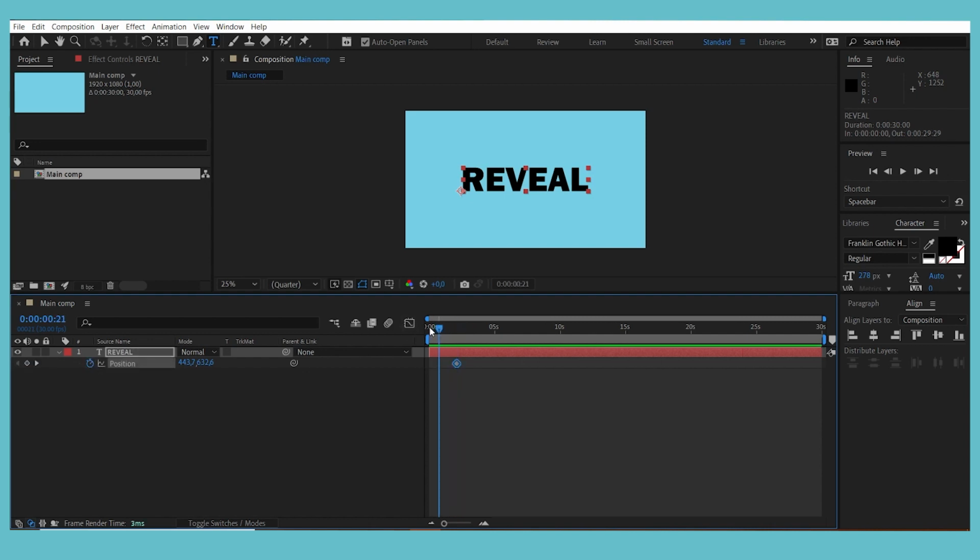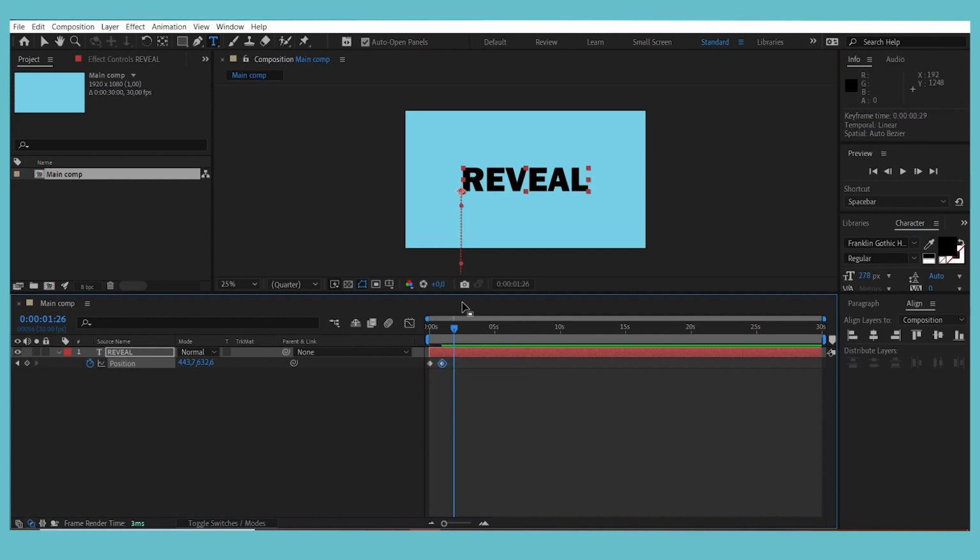I go to the beginning of the timeline and I go down so that the text is outside of the composition. And if we play it, then you can see already animation, but it is really slow,